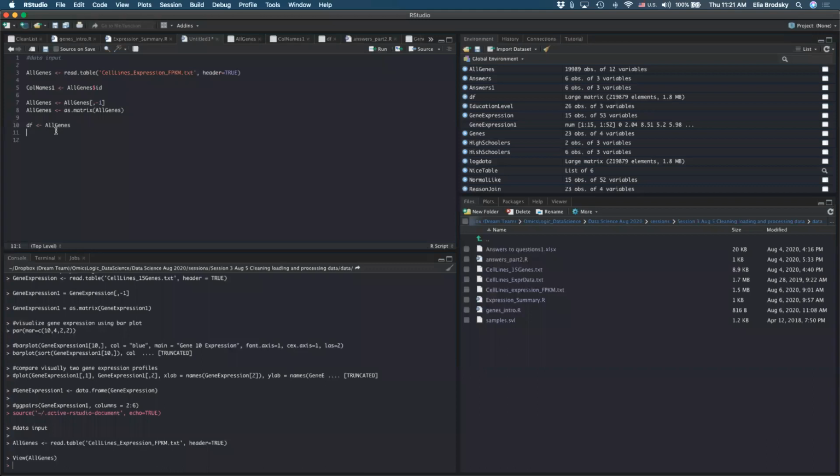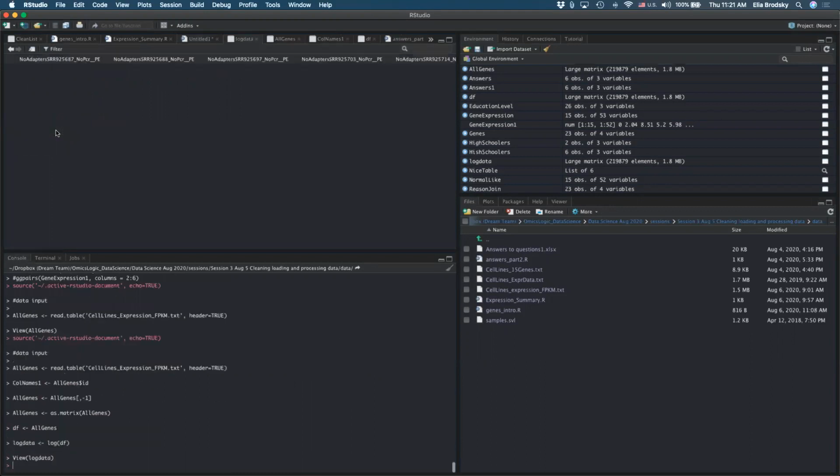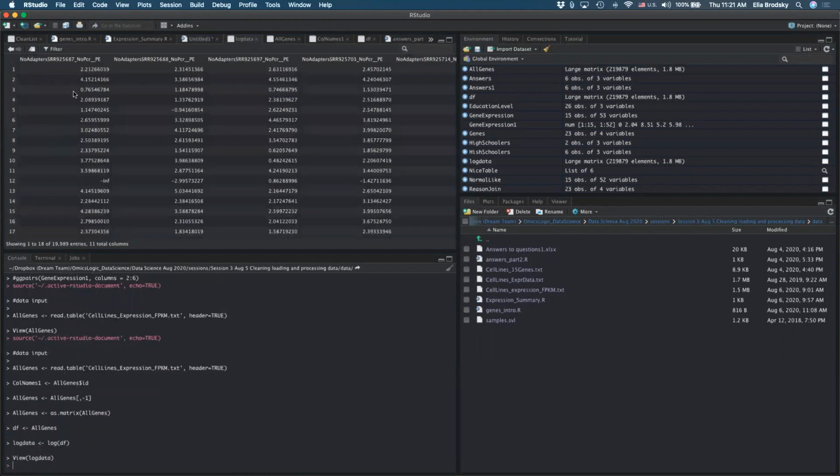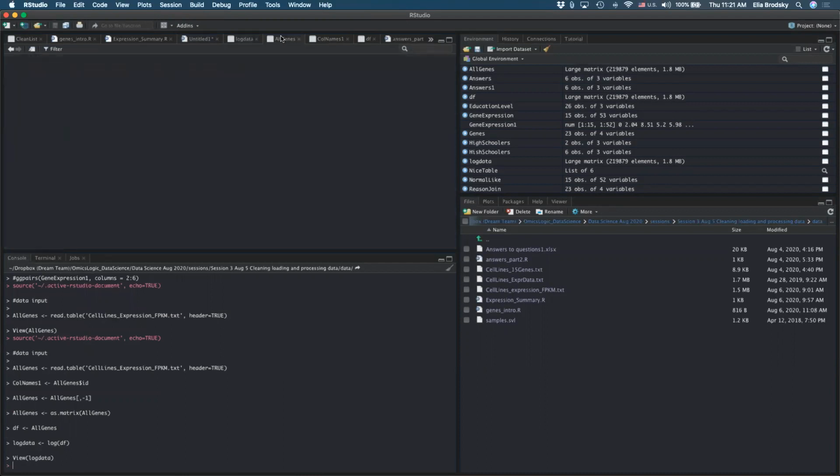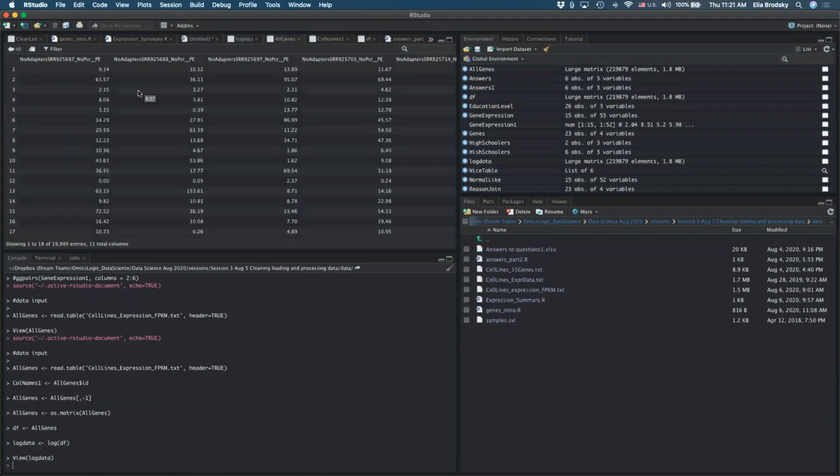How do I do that? Let's create another variable called log data, and we're going to just make log of df. Okay, let's view our log data. Okay, so now we have our log data. So let's look at all genes. Here are all genes.